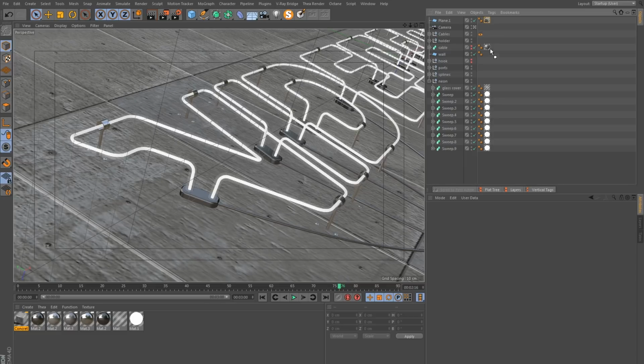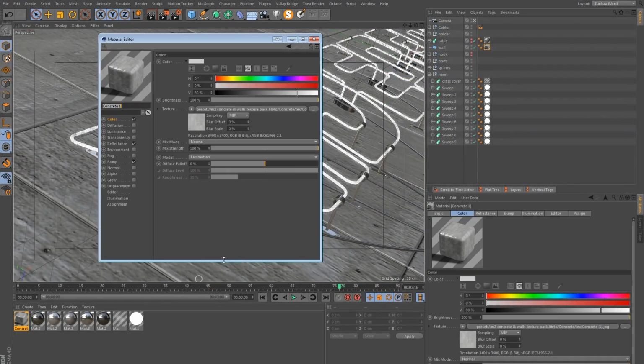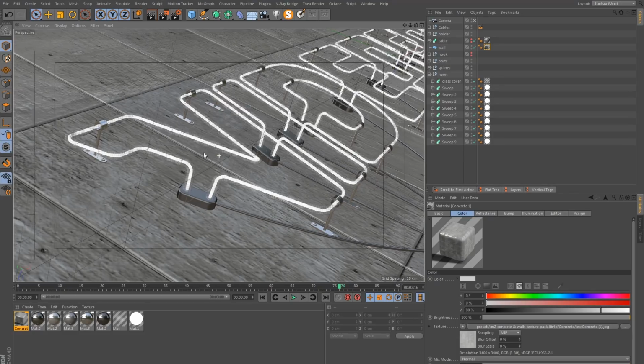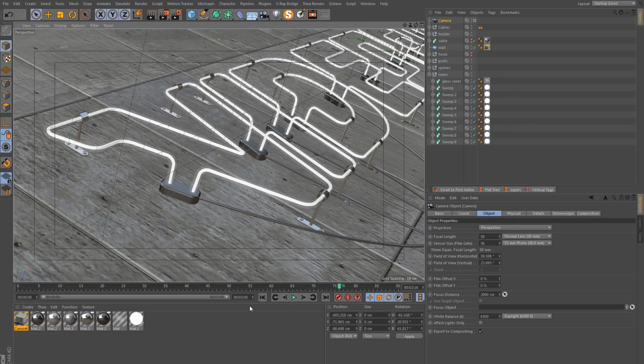I will make this available for you to download so you can follow along with the tutorial. It's just this concrete texture, but you'll be able to download this if you want to use the same type of material. But if I start with my camera here, the first animation was just the camera moving forward slightly.